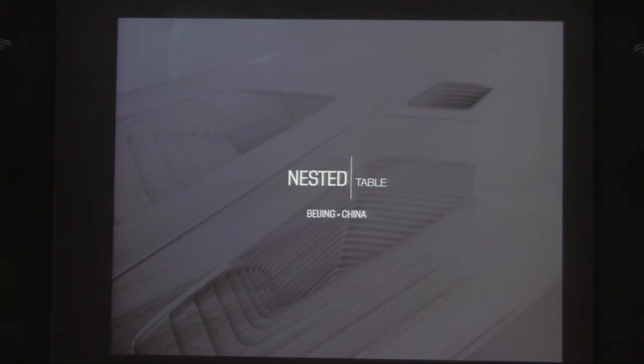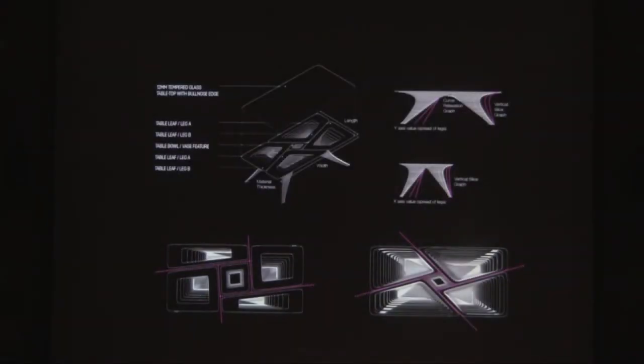This is actually a self-initiated project, where we're looking at the process we're going through here, and how we can try to get zero waste. We ended up not doing zero waste, and it's a table. But basically what we were trying to look at is nested volumes and how we could use this milling process to get as much material usage and embed the way it's being cut into the design of the geometry. So we set up this parametric model, which is basically defined by these four or five volumes,